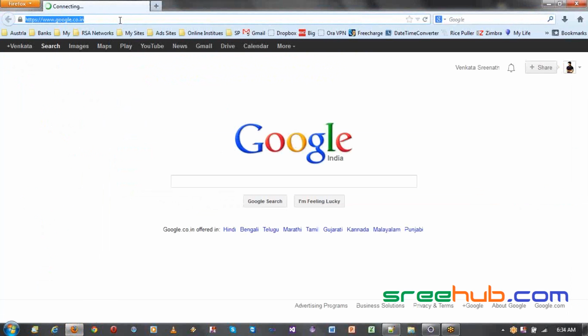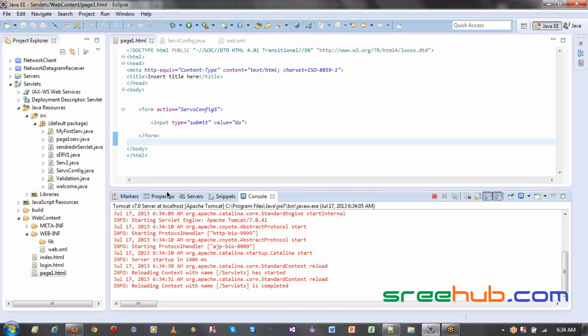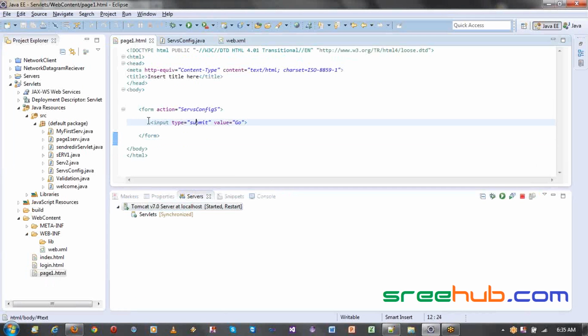Now we are going to directly call that, which is localhost. We already have it. You can see I directly got my page here because I'm not running anything from here. Even if you run here, it will deploy our project and open it in an Eclipse-based browser. But what we are doing is we directly run this and show it on a page. That's fine. Here, when I click on my submit button,